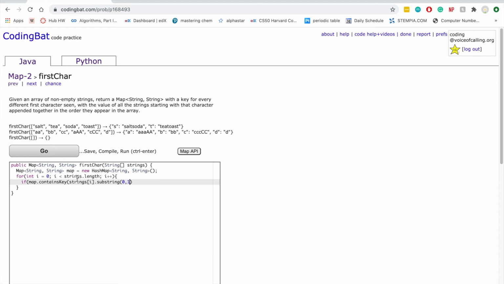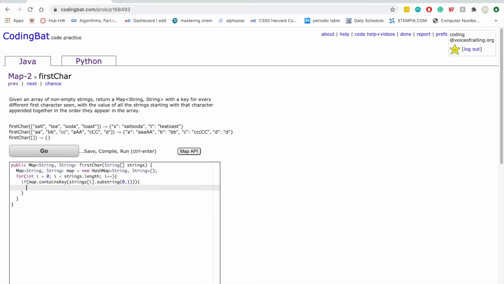We use substring because the problem wants us to return a Map<String, String>, so we access the key using strings. So we would have to use substring, not charAt, because we want to use strings. So if it contains this key,